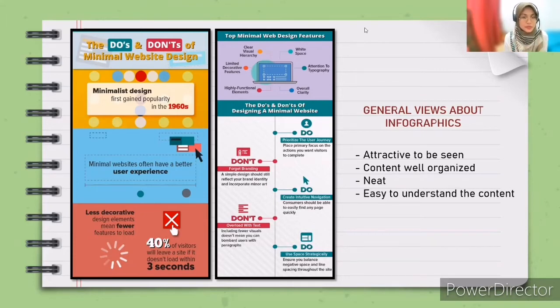And for this infographic, one of the reasons the reader might proceed to read further is because this infographic doesn't confuse the reader and states the main point clearly. In other words, the text presentation is minimal and concise, yet the infographic can still be informative. And that's all from me.